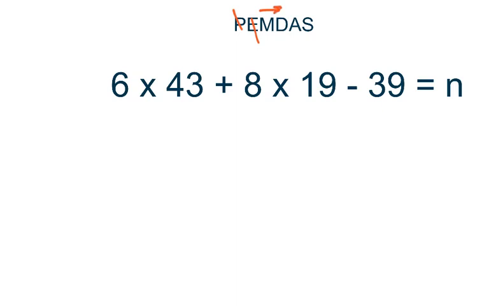So I see some multiplication right here. Then there's addition. I'm going to skip over that. I'm not ready for addition yet. I see some more multiplication. And then I see some subtraction, so I'm going to skip that. Okay, this means my first step is going to be to multiply 6 times 43 and then to multiply 8